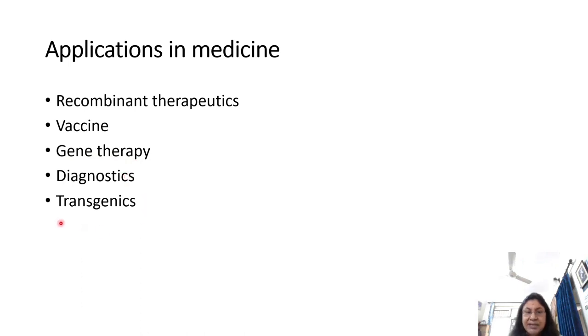It can also be applied certainly for transgenics, okay? Because here again, if you want to create a transgenic cattle or transgenic sheep, then the route is exactly the same: the specific genes which are going to give a unique function are cloned into an animal virus. It is then introduced into an animal body. That way, you bring in some other kind of characteristics which are not quite natural to that particular animal. So this way, transgenic animals can also be created. So with this, we end this lecture on applications of recombinant DNA in medicine.